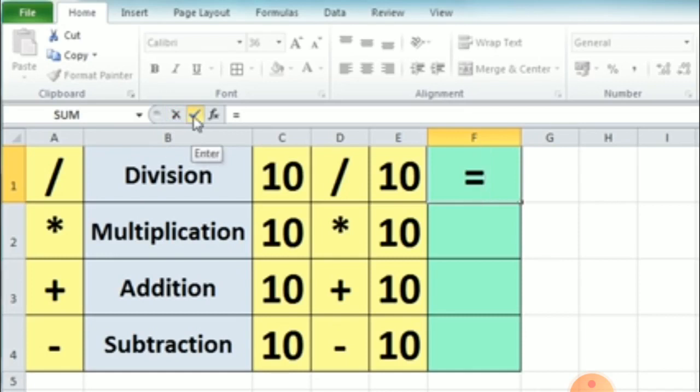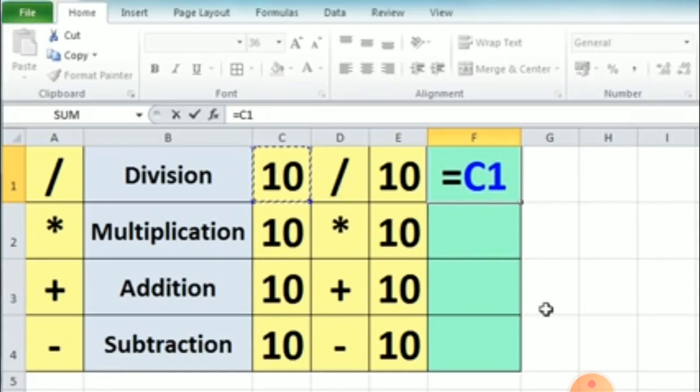As I have already told you, to start any formula we have to first of all write an equal sign. So now I'm writing equal. Now I will click on the first digit. After writing the equal sign you can see my 10 is written in the C1 cell. So when I click on this, C1 comes here and then I will write slash for the division sign.